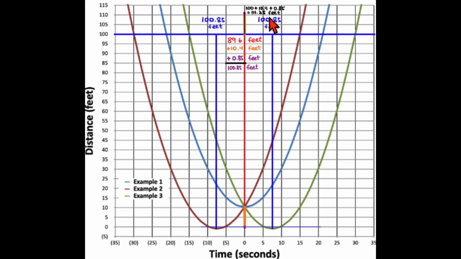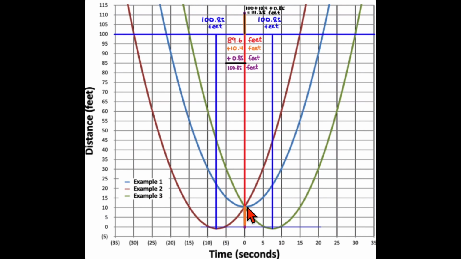And that's the distance you want to use in the distance equation for example 1. You want to know how far that body is from point 0. So one more time, 89 6/10 feet from rest, plus another 10 4/10 feet from rest. That's 100 feet from rest to get to right here. Then you have to add another 85 hundredths feet. This is 185 hundredths feet from rest, but it is also